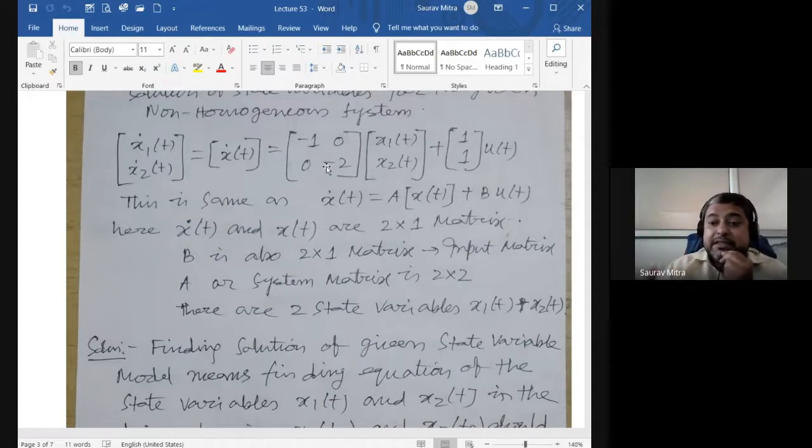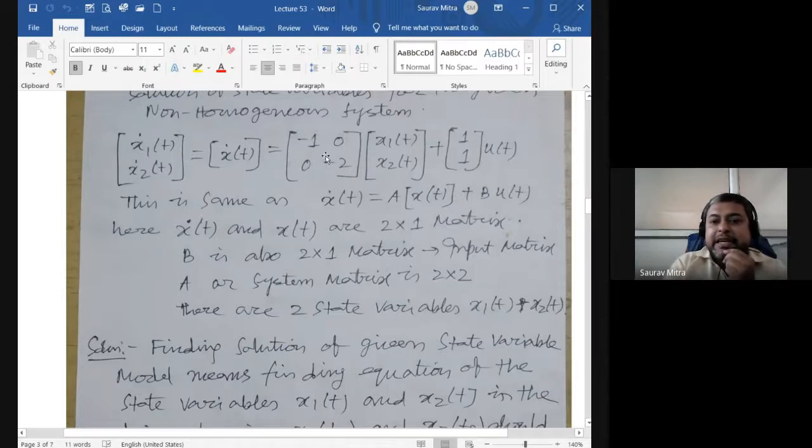Okay, and state transition matrix, this actually tells you how the state is changing from one point to another. So keep on changing the value of t, e raised to at, a 2 cross 2 matrix, will keep on changing, and you will find how the state variables are evolving through time. That you can find out from e raised to at for different times. So only A matrix is required.